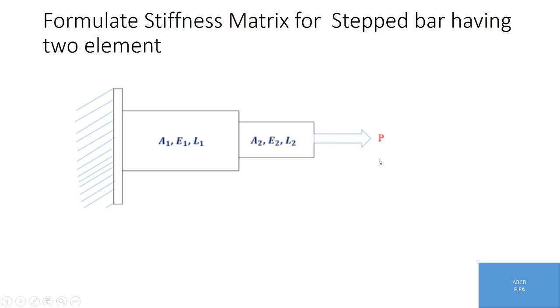A very important topic, that is how we formulate the stiffness matrix. This topic is very important because if you don't know how to formulate a stiffness matrix, you cannot proceed. Now suppose this is a step bar problem. You can see this is a step bar. Step means it is varying in cross section, and the load is, suppose, acting at this end and it is fixed at this end. So how are you going to formulate the stiffness matrix for that?